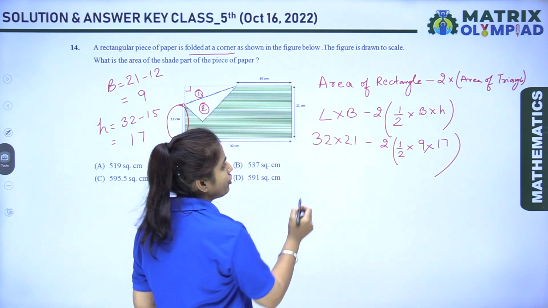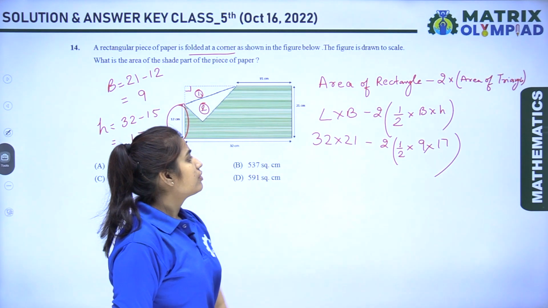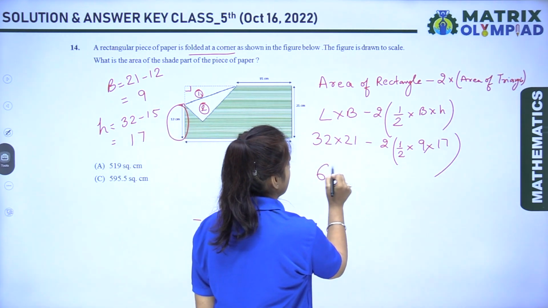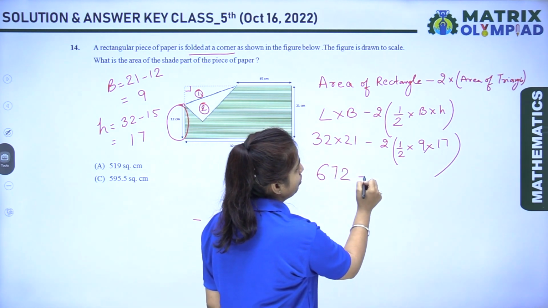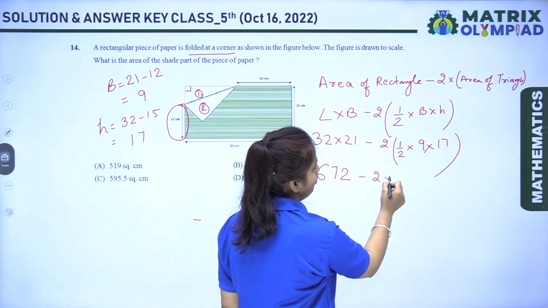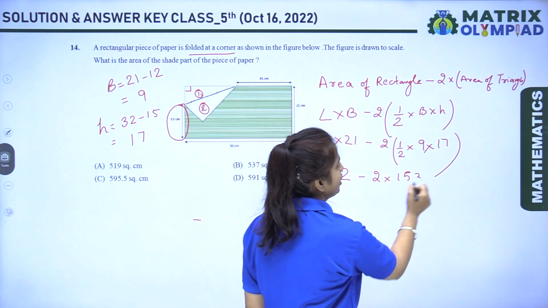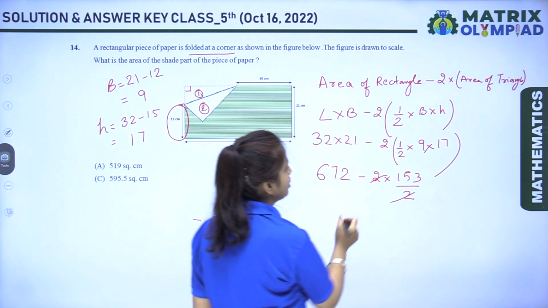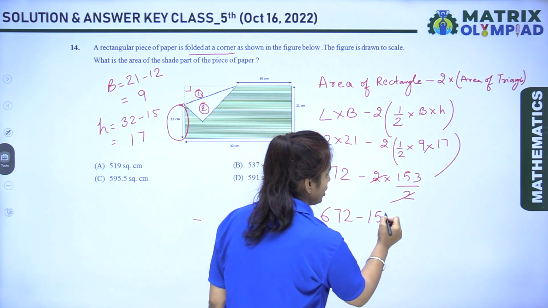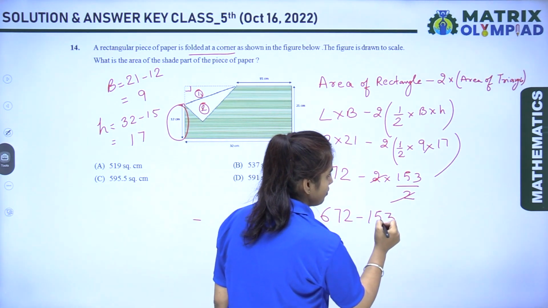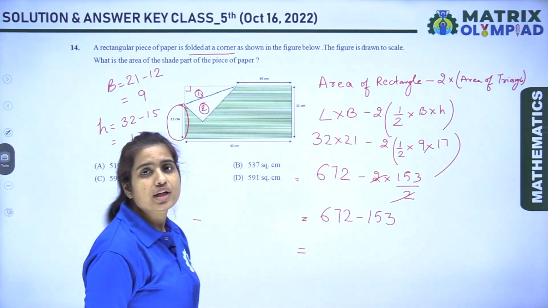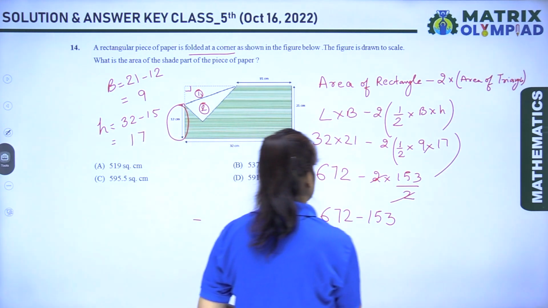Now let's do the calculation part. The product of 32 and 21 is 672 minus 2 multiplied by 153 upon 2. We will cancel out this 2 and we get 672 minus 153. After subtracting 153 from 672, we get the answer